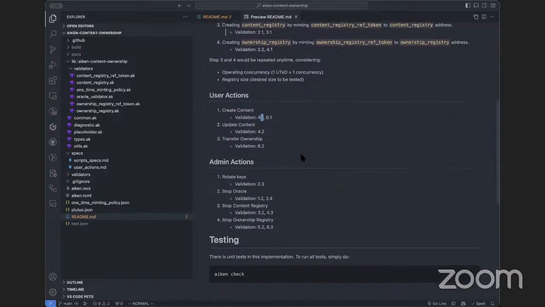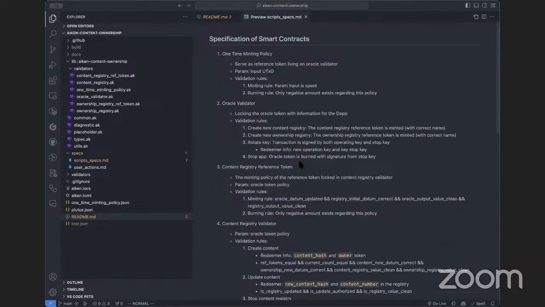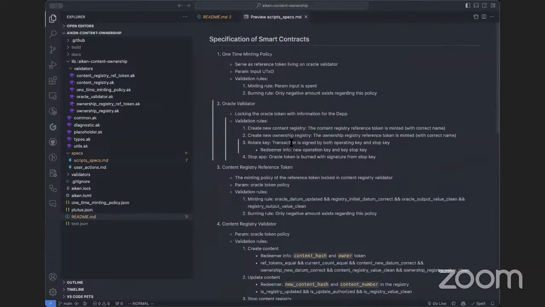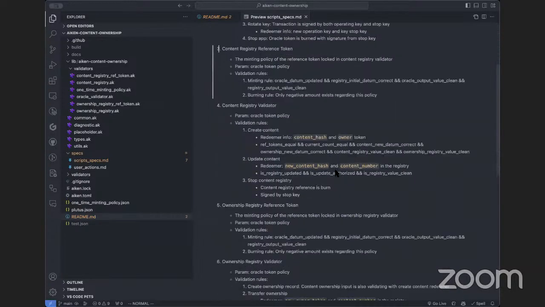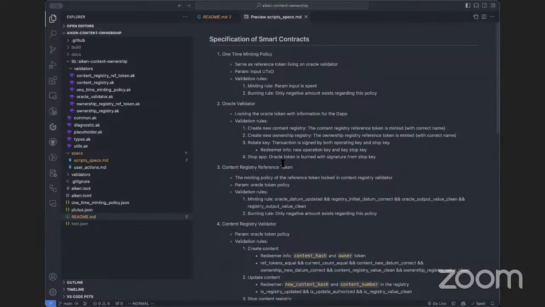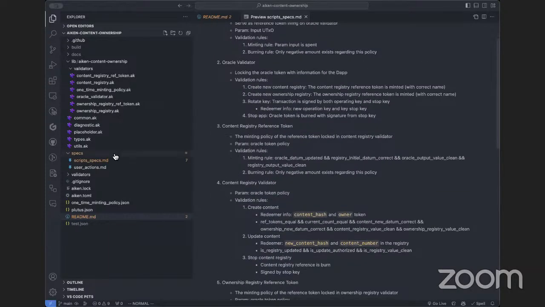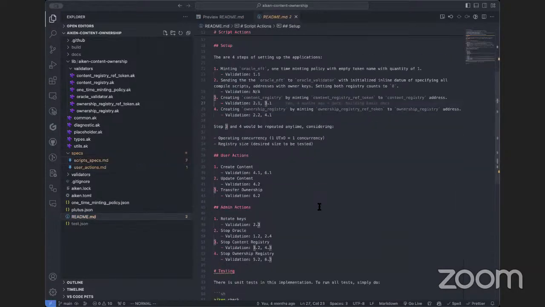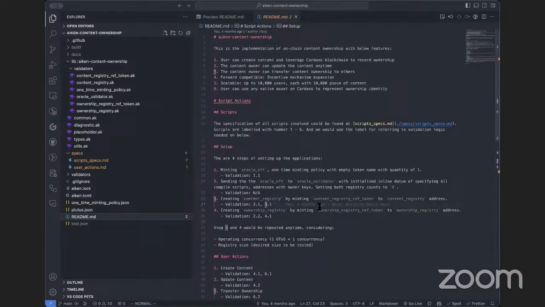So this is a basic outline, and then getting into each script, it outlines what the param is and what the actions are. Perhaps it's missing a bit on the datum here, because at that time I didn't need to communicate with that team. So this is one example, outlining every script, what it means, what the action is, and what validation is needed in order to get past it.